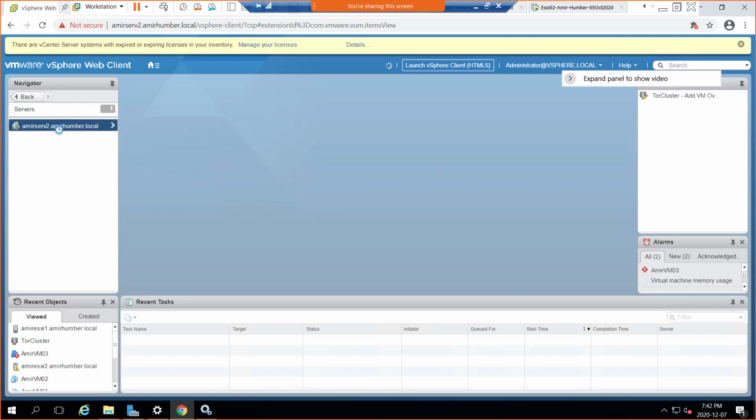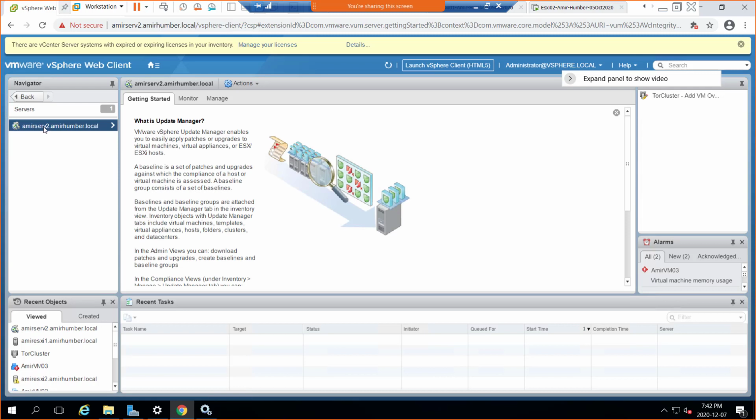I'm going to click on that, and on the right side I see Manage. So we can manage the Update Manager that is installed on our vCenter machine. It could be installed on some other member server as well, and it would still show, since you're connected to vCenter, the vCenter machine name here.